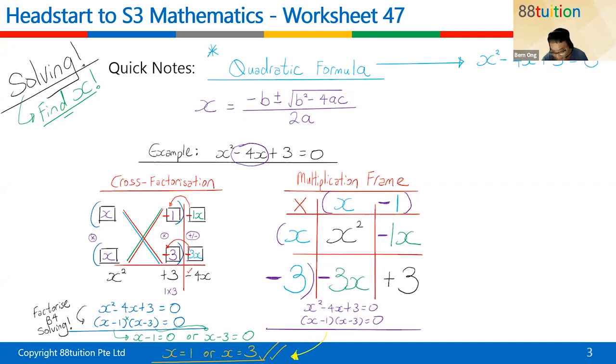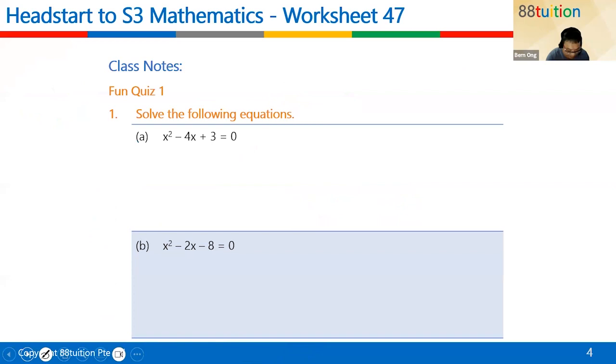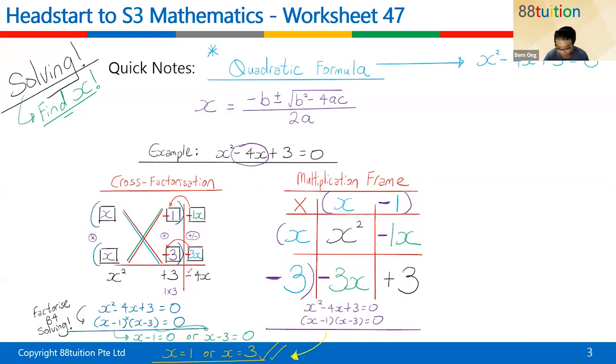I need you to list out the ABC. Where is the ABC? Look here. In front of the x square, never write is a 1. Agreed? This is your A. So A is equal to 1. It must be arranged in this format, children. The x square followed by the x followed by the number. It must be arranged in this format. Once you have arranged in this format,